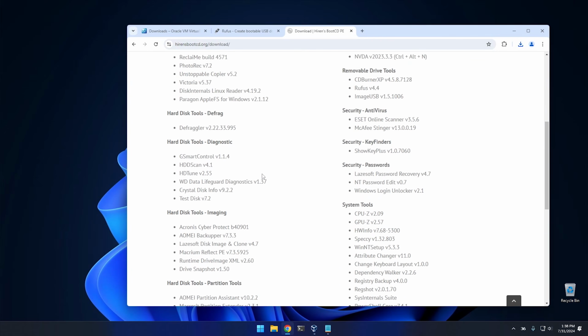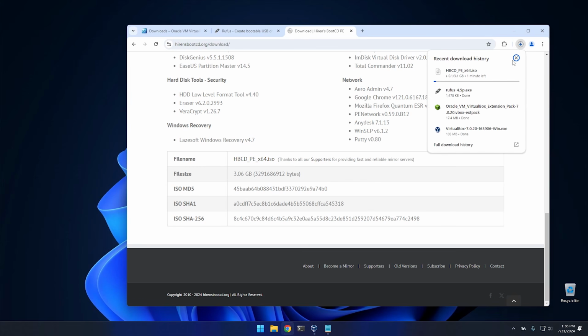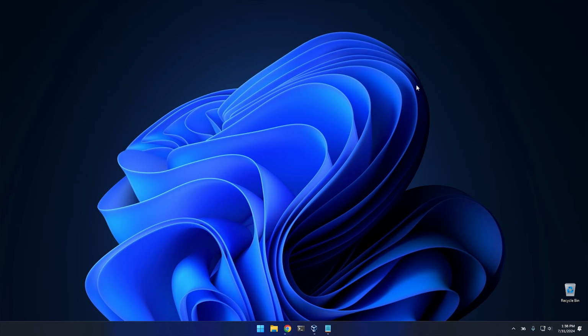And then the next one we're going to get is our Hiren's BootCD. Now, this is a 3 GB file. So if you're on a slow internet connection, it might take you a minute to download it. In fact, I'm on a fast internet connection and it's still going to take me about a minute to download. So, and that's actually pretty good. It's actually taken me longer to download Hiren's BootCD in the past. So once you get all those downloaded, then we can move on to the next step,